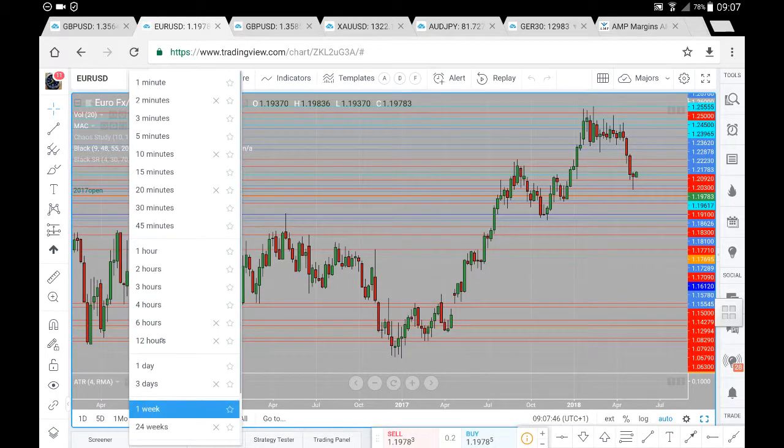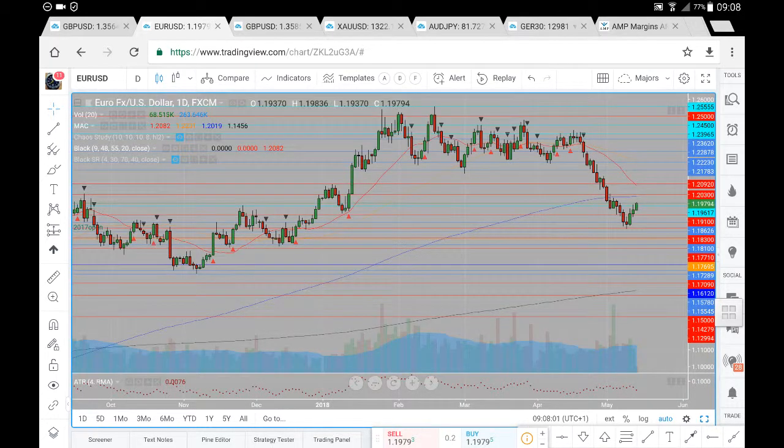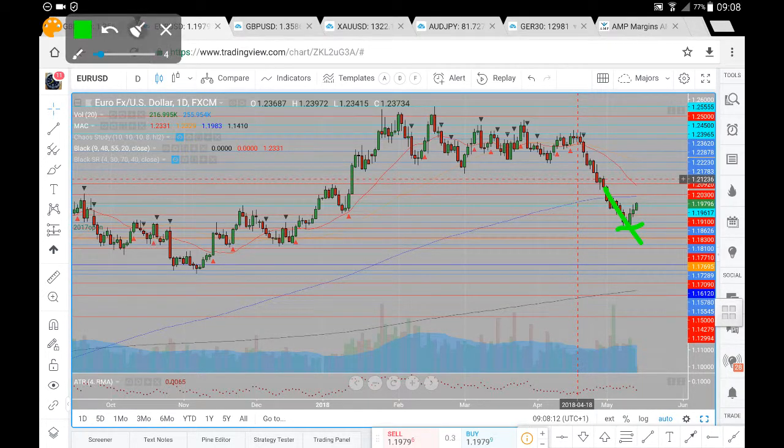So let's head over to the daily chart here on the euro dollar. So, as we can see on this daily chart, we've come down, we've traded below the 200 period moving average, we've come down towards that 1830, and over the past couple of days or so, we've had two bullish days, and so far we are seeing that bullish buy-side momentum play itself out